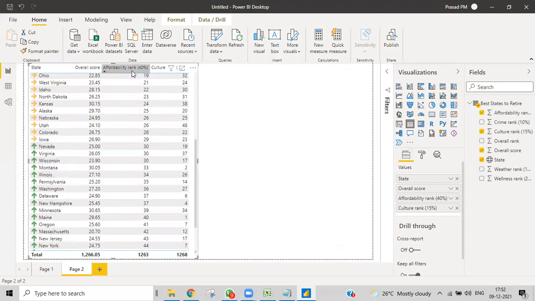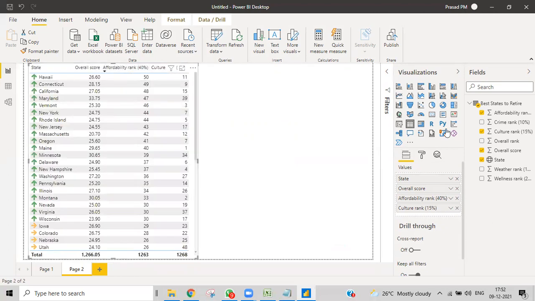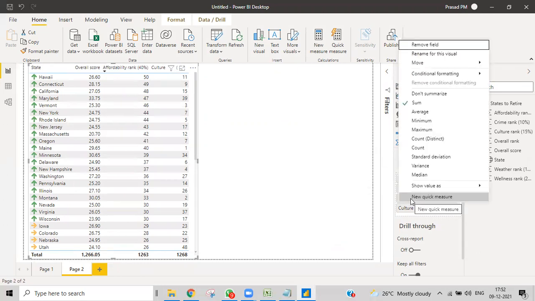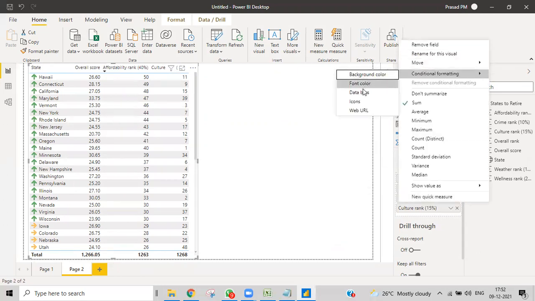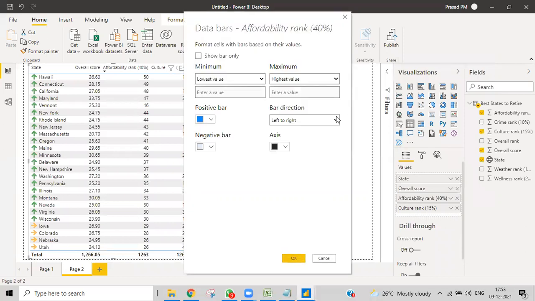Now I'll show you some other things that we can do on affordability ranking with conditional formatting. Whenever it is a numerical column, you get data bars. If you have a text column, we don't get data bars. When it is a numeric column, obviously you'll get this data bar kind of formatting. For the lowest value it will show positive, and for negative, okay.